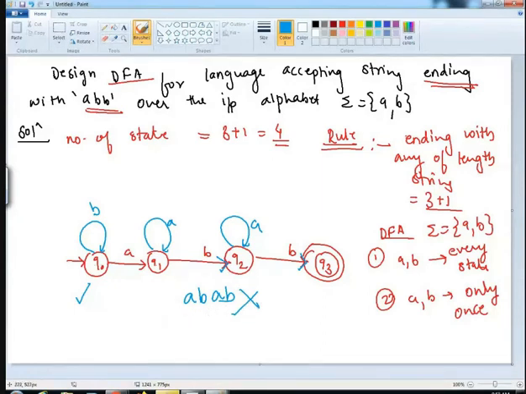But the machine will move from Q0 to Q1 with A, Q1 to Q2 with B. With this single A, the machine makes a loop at Q2. And then again with B, it will take to Q3, which is acceptable. But actually it should not be acceptable since it's not ending with ABB. So I cannot give this A. So all permutation and combination need to be done while you are designing a machine.